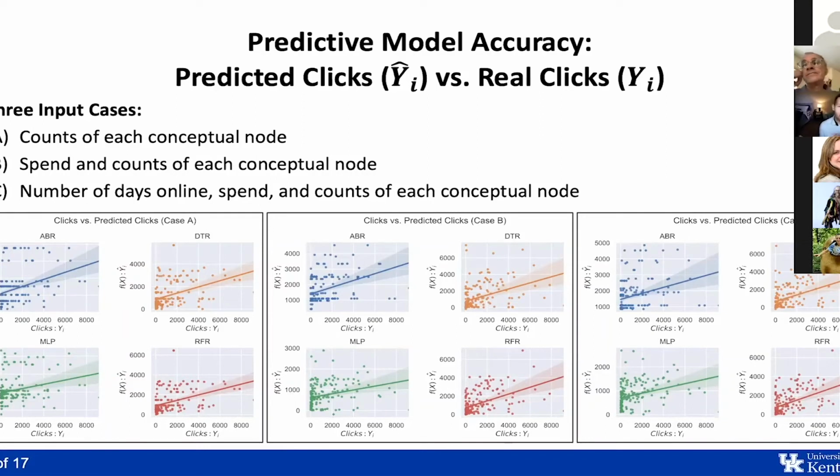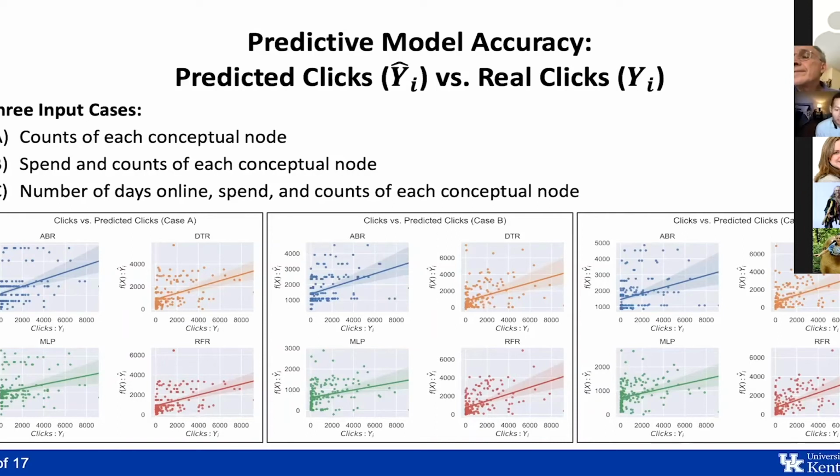Now, again, back to the motivation of this problem, no user data is being incorporated here in performing this prediction. Despite that, we find that these approaches do fairly well, despite that very large limiting factor of not having access to user-sensitive data. This is most prominent in case C. For instance, the y-axis in all of these plots is the predicted clicks, and the x-axis is the real click values of our training subset of the real IRA data.